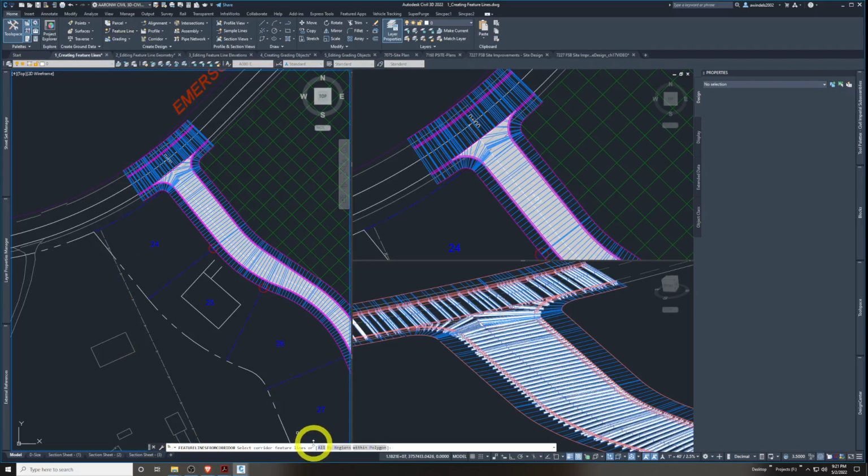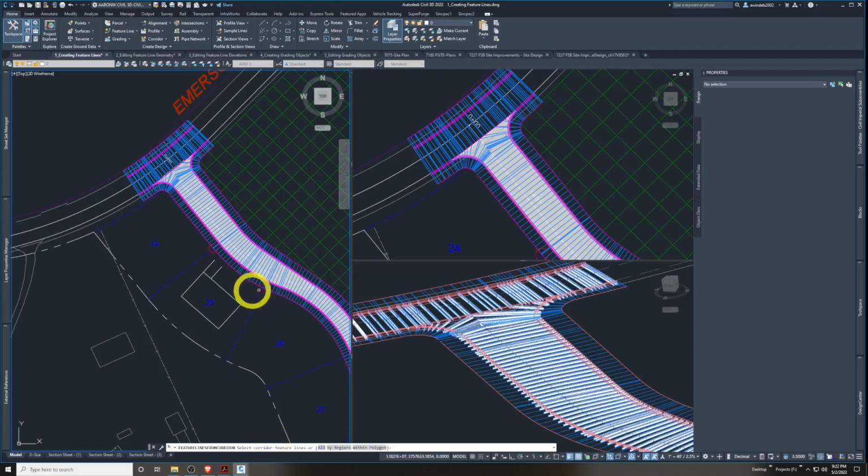Now, I'm always trying to remind my students and myself, especially when I learn new commands, that anytime you're in a newer command, take a look at what it's asking you, especially if you don't know what to select first. You've selected your verb, your action, now you're looking for your nouns, your items to select. So we're going to look at what we have here, and when prompted on this command line,